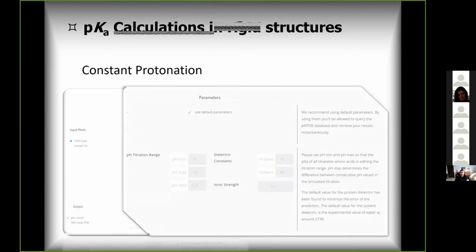Here are some of the parameters. Most of the time, just using the default parameters is enough. It's rather good, but you can change the range to speed up the calculation. You can change the protein dielectric and, of course, the salt concentration. These are like the bare minimum that you